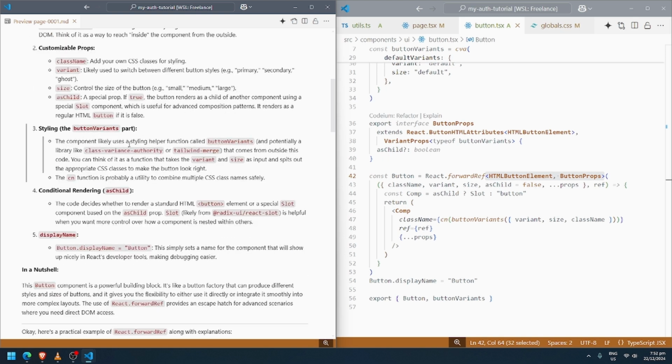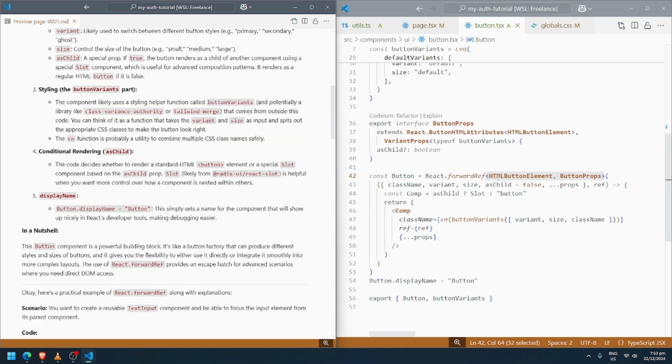The component likely uses a styling helper function, button variants, and potentially a library like class-variance-authority or tailwind-merge that comes from outside this code. Conditional rendering, this code decides whether to render a standard HTML button element or a special Slot component based on the asChild prop.